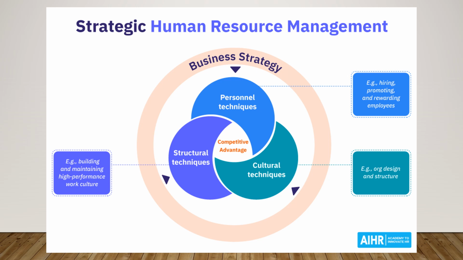Hi students, let us talk about strategic human resource management, where the human resource management activities, policies and practices are all designed as per the business strategy of the company. This diagram clearly explains strategic human resource management, where the personal techniques, cultural techniques and structural techniques have all been designed as per the business strategy of the company. By implementing strategic human resource management, companies will get a competitive advantage in